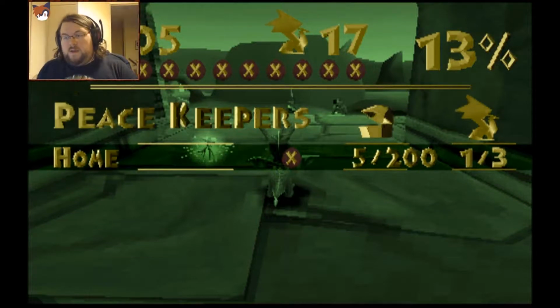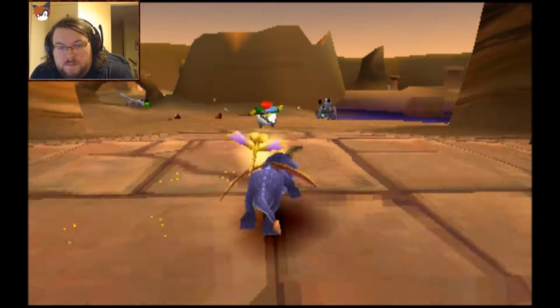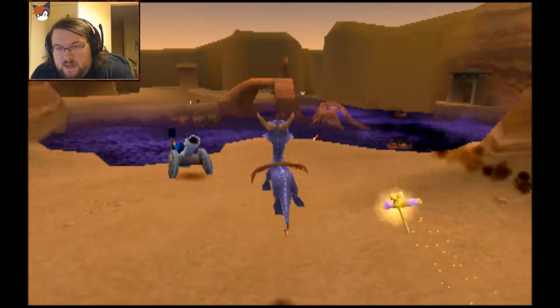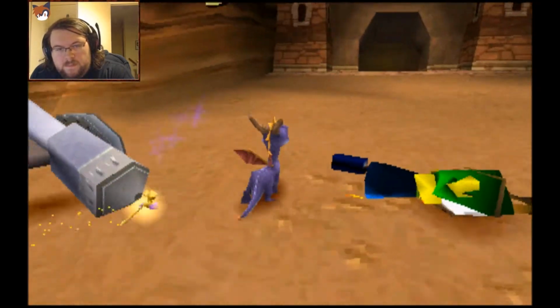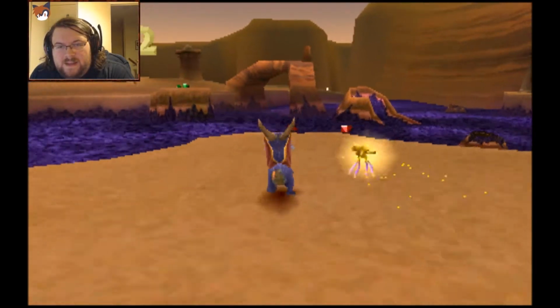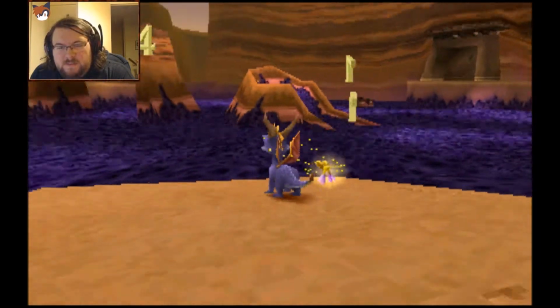So, anyone who watched the first one, we got to the second world, Peacekeepers, so let's just dive right in. Yep, there we go. There we go. Yeah, you can kind of see it's all like deserts, canyons, very dry and dusty, but there is this big